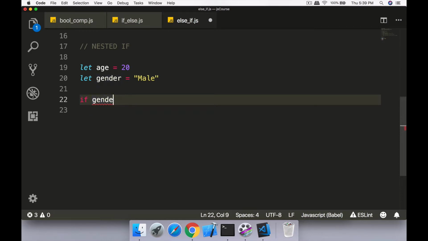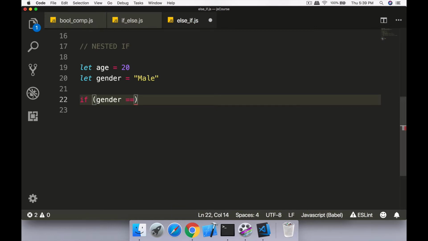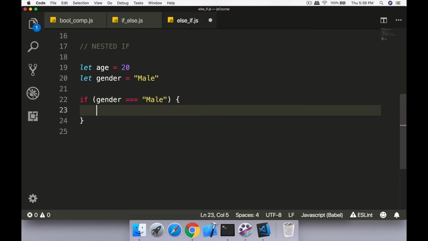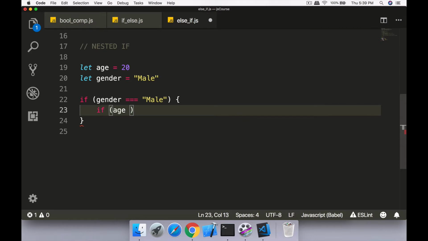If gender is equal to male, we start, and in this, if age is less than or equal to 18,